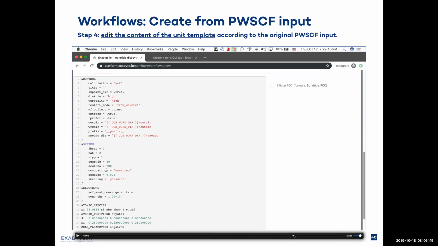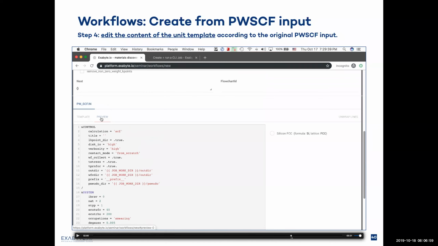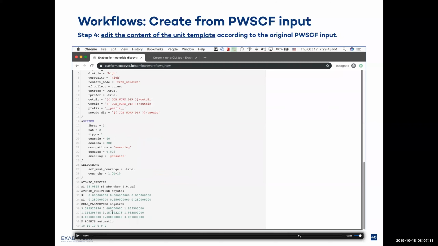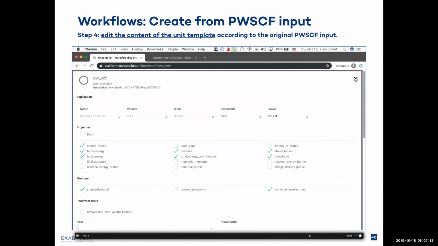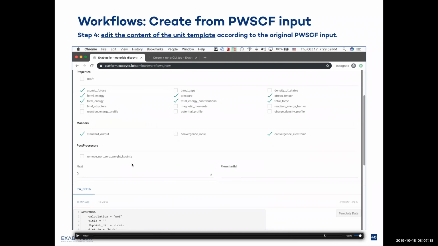On the web interface, we substitute the other information, like the number of atoms, the number of atom types, wave function cutoff, the density cutoff, charge density cutoff, based on the workflow parameters and the material information. So again, we had variables like this in here that were substituted using the information from material. So here's how the rendered template is going to look like, just checking. This is the first unit, and now we repeat the same procedure